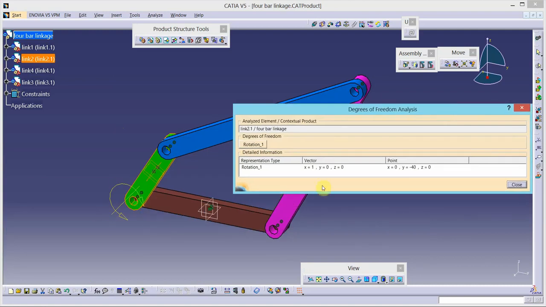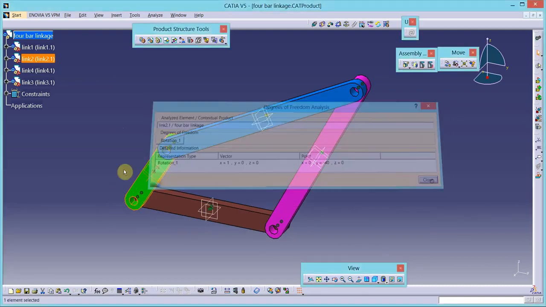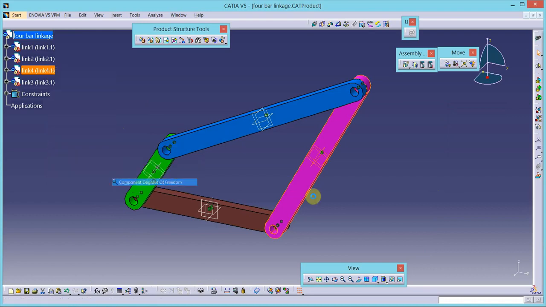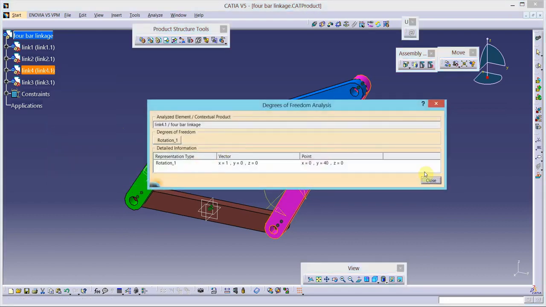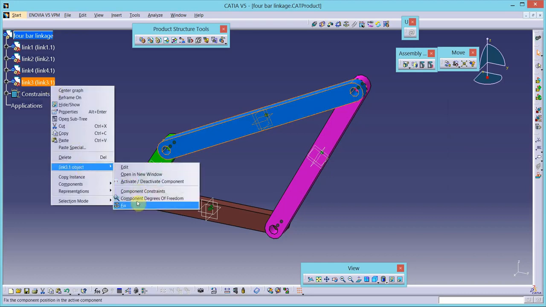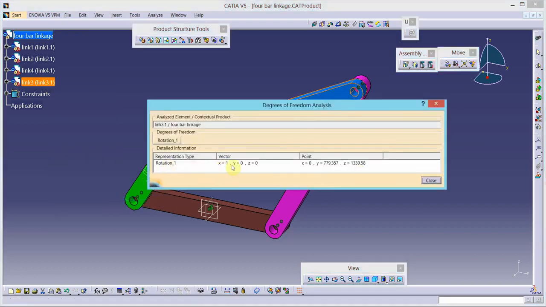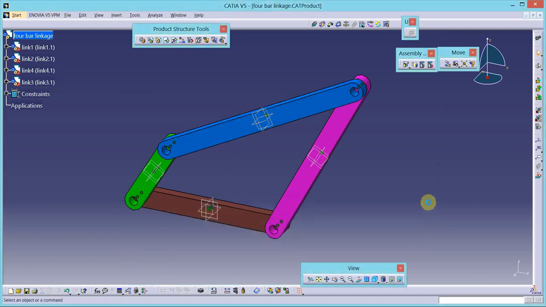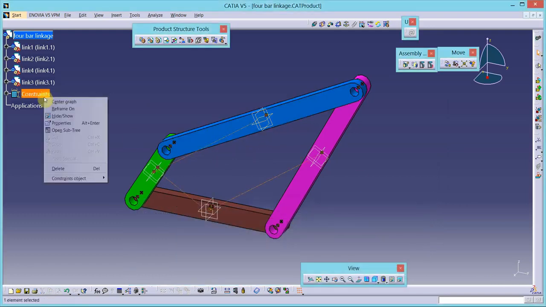This one. Link number 4, rotation about x-axis, 1 degree of freedom. And link number 3, rotation about x-axis, like this. So we are correct. Now let us hide the constraint symbols,